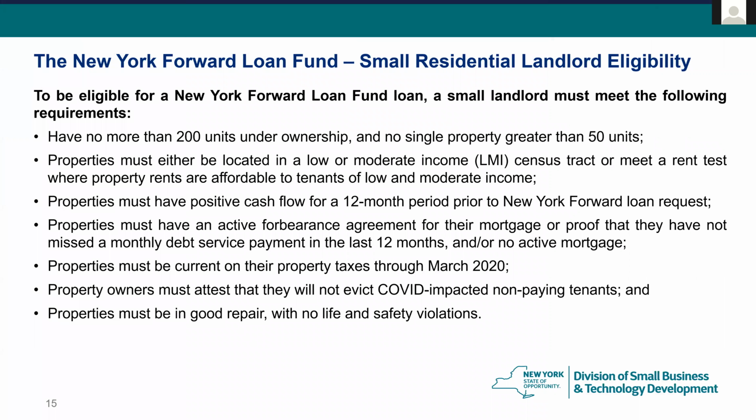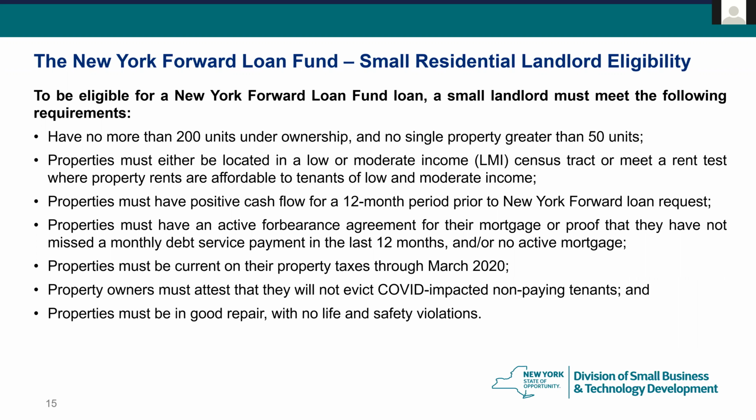So now for eligibility for small landlords, things are a little different. It's not based upon your revenue or your number of employees, it's based upon your number of units. So you're not allowed to own more than 200 units with no single property of greater than 50 units. And again, those properties need to be located in low to moderate income census tracts or meet a rent test where property rents are affordable to low to moderate income tenants. The lender's going to go through this with you, but essentially they're going to look at what you're charging for rent and use a percentage calculation based on the median income for the area